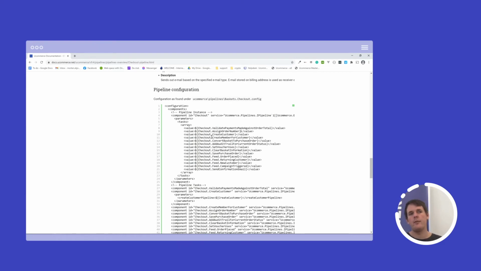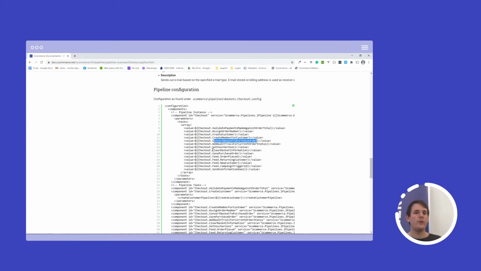Next, we want to create a customer and a member for the customer, which means that first we will identify if we don't know the customer already and then create it. And then we can create a member for him in the CMS, if you have configured that to be set up as well on the store. And then here we actually convert the basket to a purchase order, which means that we change the order status from basket to a new order.